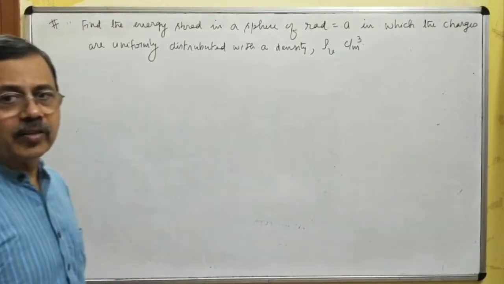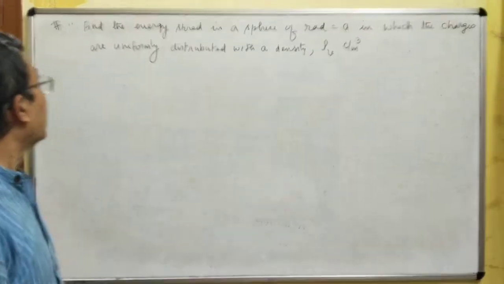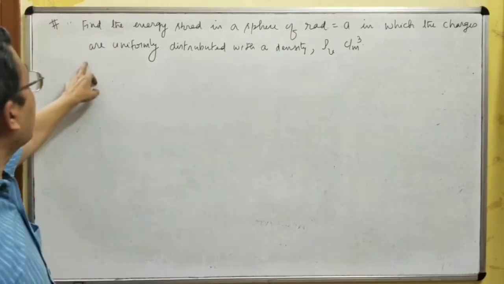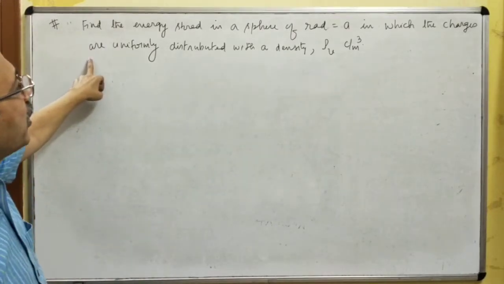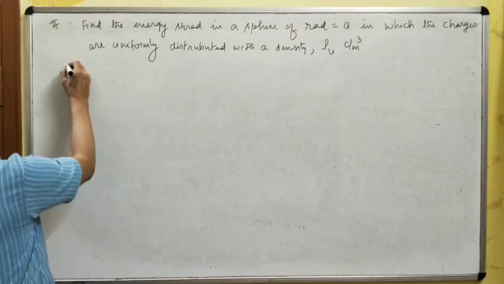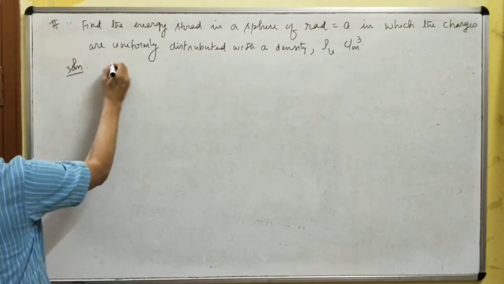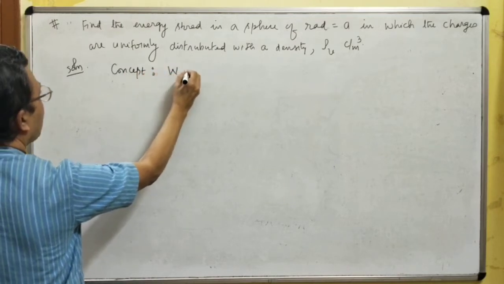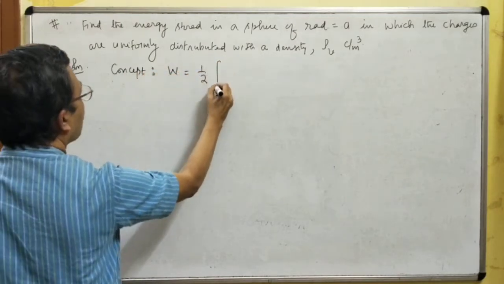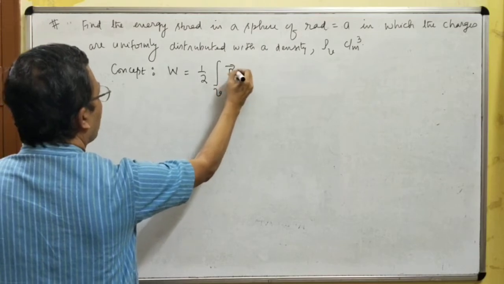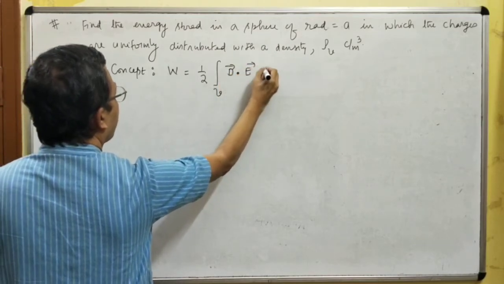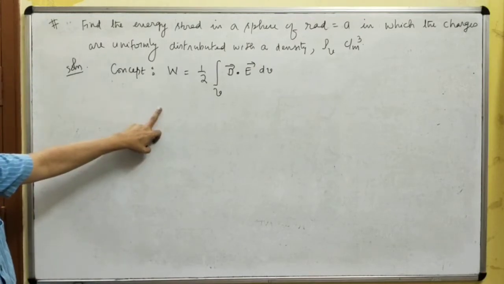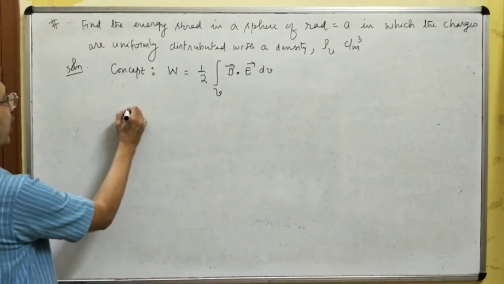A very frequently asked problem in the examination. Find energy stored in a sphere of radius equal to a, in which charges are uniformly distributed, the density rho v coulombs per meter cube. Solution. Concept. Formula for energy stored is W is equal to half into volume integral vector D dot E dV, where